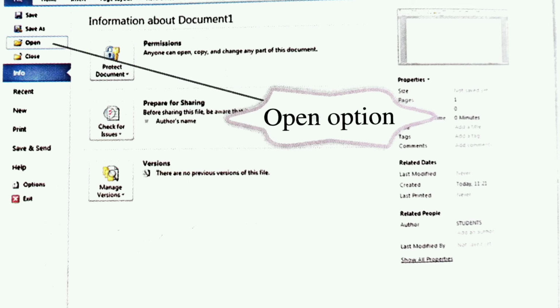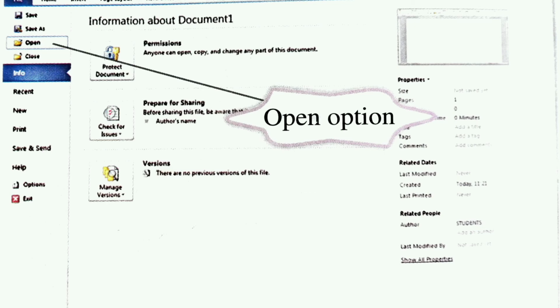In the File tab. Then you have to select the name of the file that you want to open. Suppose you had named a file environment, and you want to open that file, then you have to click on environment. Then you have to click on the Open button. And then your file will open up.